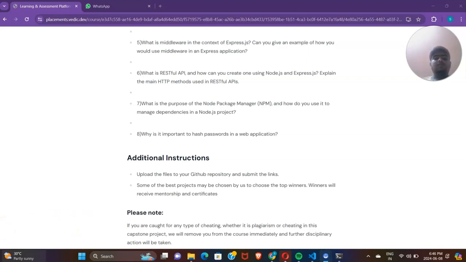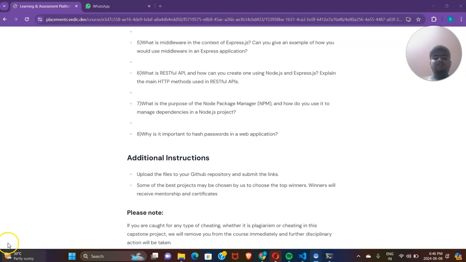The sixth question is: what is a RESTful API and how can you create one using Node.js and Express.js? Explain the main HTTP methods used in RESTful APIs. A RESTful API is a style of designing web services that follows the principles of REST. It uses standard HTTP methods like GET, POST, PUT, DELETE, etc. to perform operations on resources.